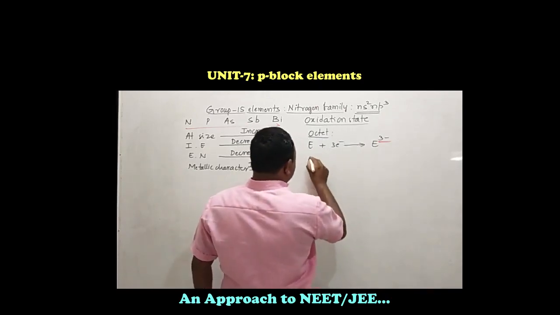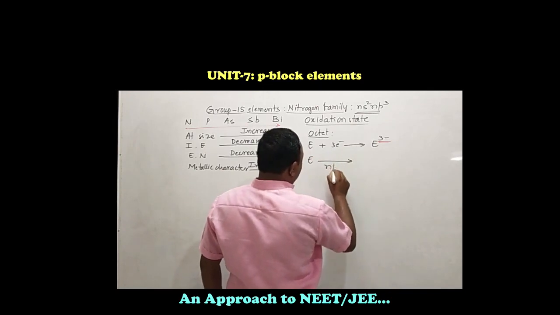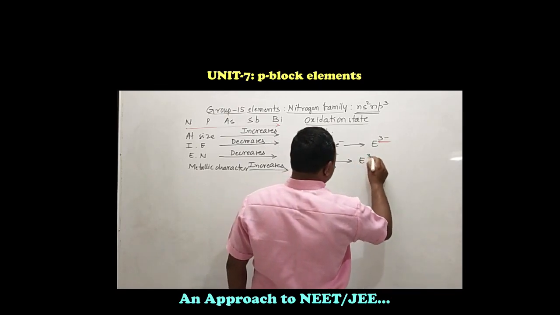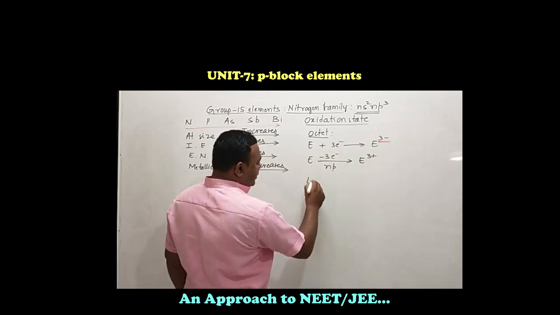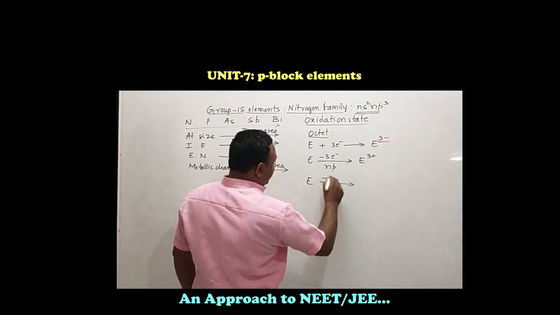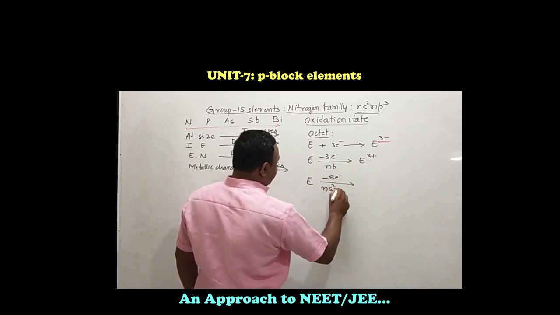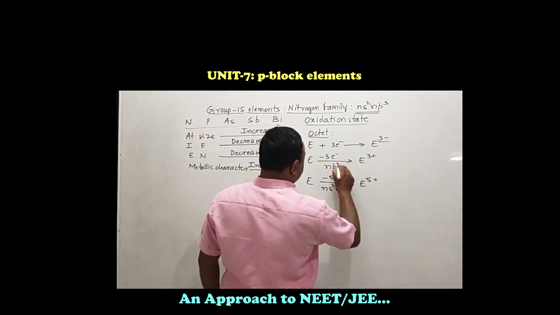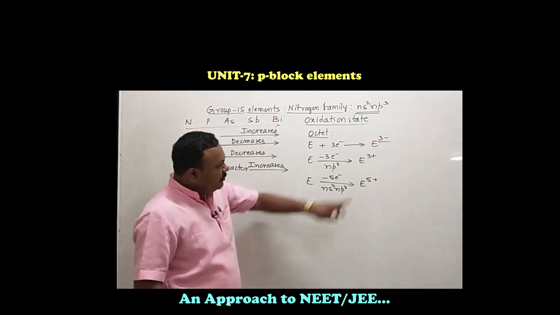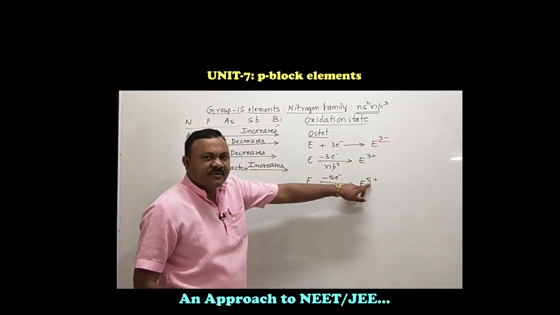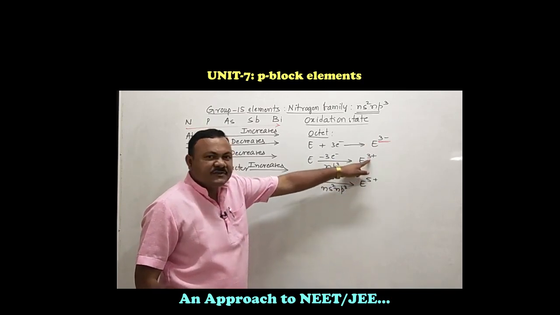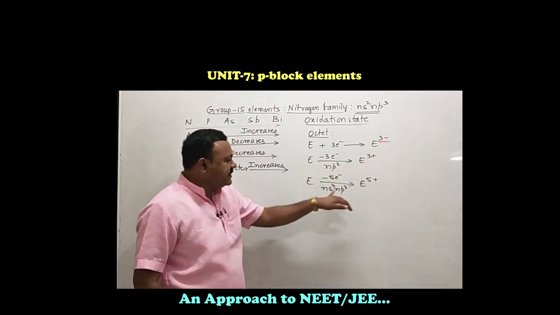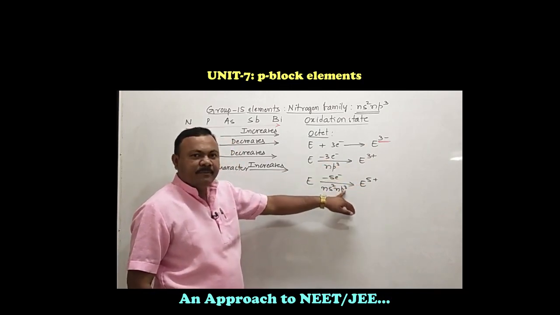Suppose the element loses 3 electrons from the np orbital, the element gets a charge of 3+. And if the element loses 5 electrons from both ns and np orbitals, the element gets a charge of 5+. See, we are getting 2 more oxidation states, 3+ and 5+. The 3+ oxidation state we get due to the loss of np electrons. The 5+ oxidation state we get due to the loss of ns and np electrons.